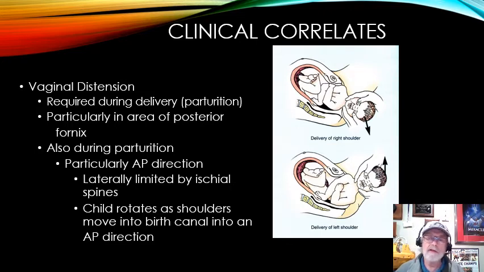I'll talk about dilation and effacement in just a minute when we get to the cervix, when we get to the uterus. As a result, we have to have stretching of the vagina to have the head come down the birth canal. The head's the biggest part, it's the hardest thing to come out. It looks just like the picture up there. Basically what happens during birth, if you've seen a birth, you'll know what it's like. If you haven't seen a birth, and you get a chance down the road, it's really phenomenal. When the baby's head does emerge, it's outside, but at that point it's still stuck, because you still have the shoulders in position.